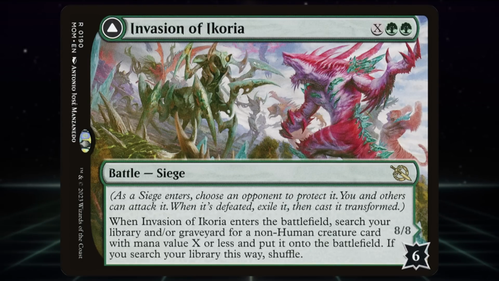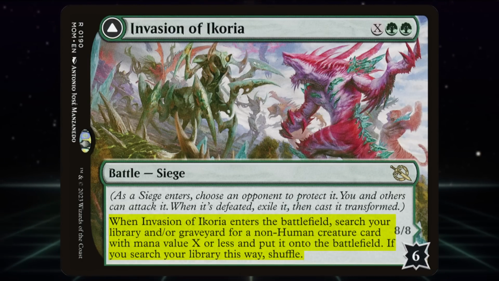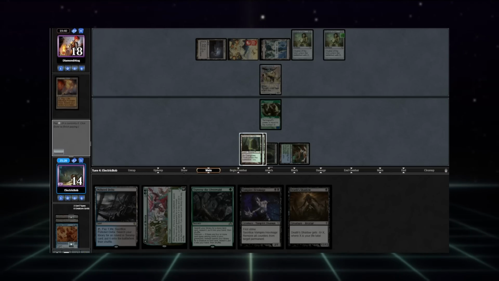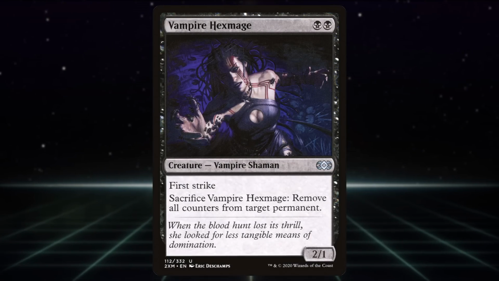This is a 2-mana X battle that allows you to search your library for a non-Human creature with mana value X or less onto the battlefield, meaning that we can search up a Death Shadow, a Tarmogoyf, or even a Vampire Hexmage. The reason that I emphasize Vampire Hexmage is because this is a 2-mana creature that can be sacrificed